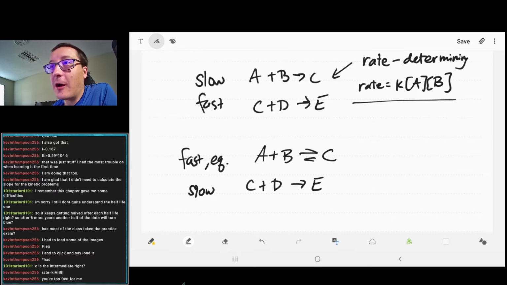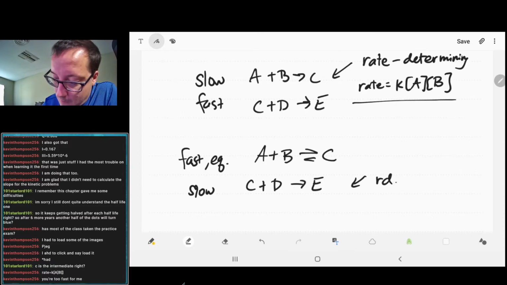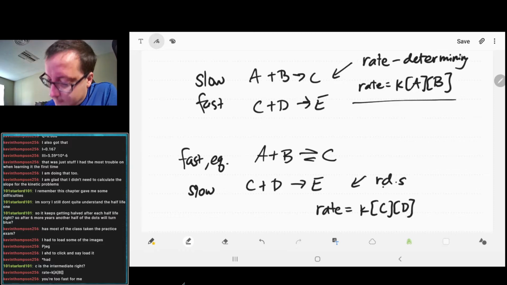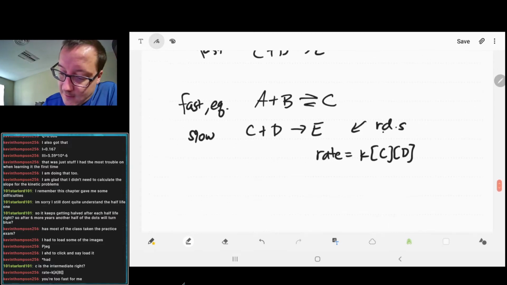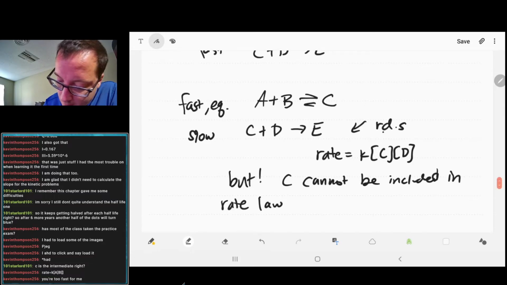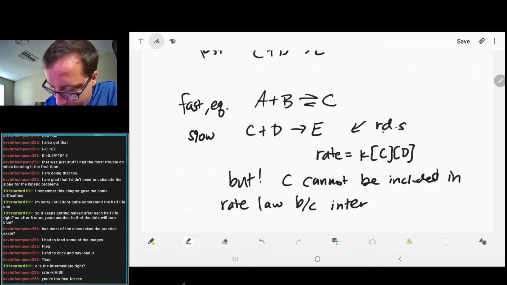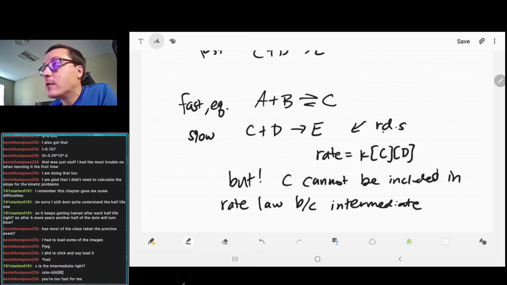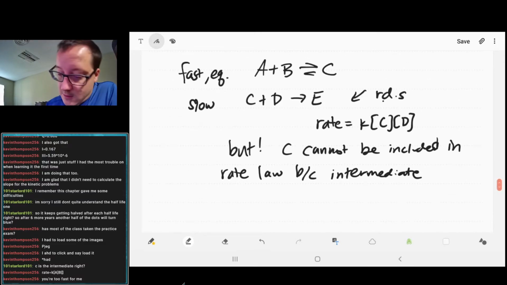If we have the opposite one, we have our rate determining step as the second step, which would tell us that the rate is C times D, but C cannot be included in the rate law because it's the intermediate. So what we do is we substitute. Remember that for our second one, we have